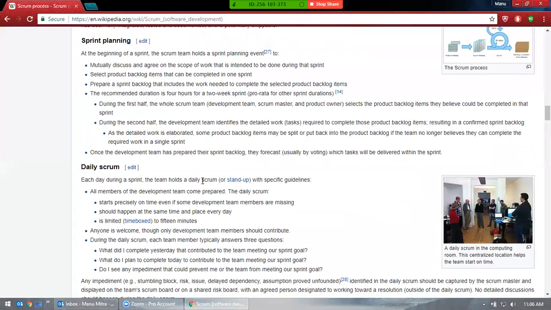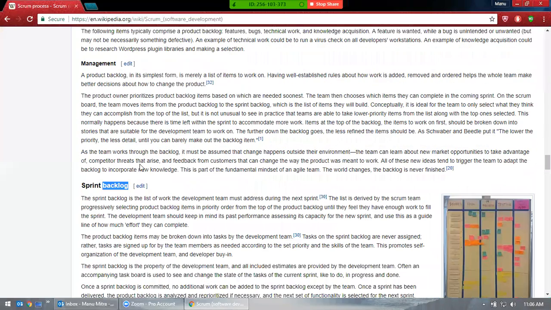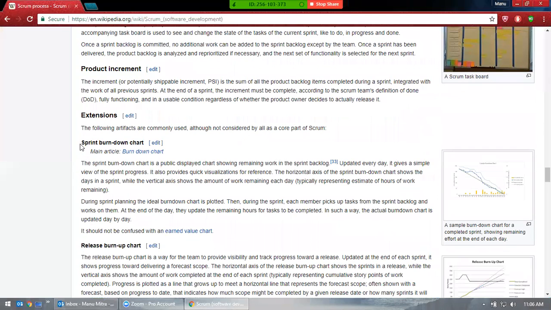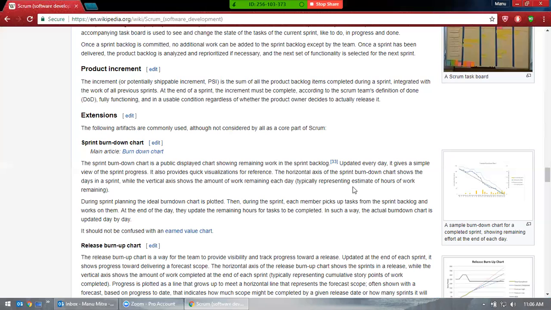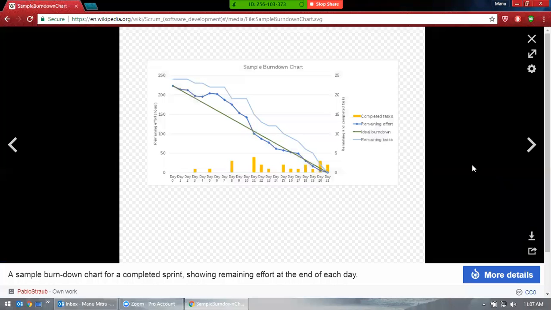So that's a product backlog and sprint backlog, and then you have charts. We already discussed charts, right? We have reports in Rally. Rally is pretty good. It designs the charts for you automatically. You don't have to plot anything manually. Rally does it for you. The moment you update your user stories and all your test cases, it automatically designs a graph for you, just like this. So this is the burn down chart.